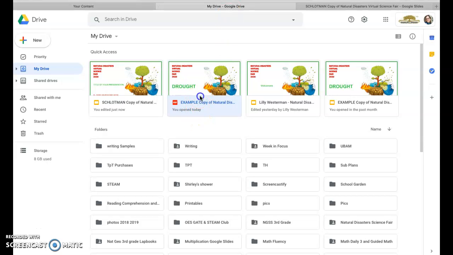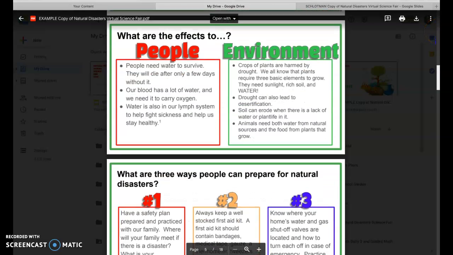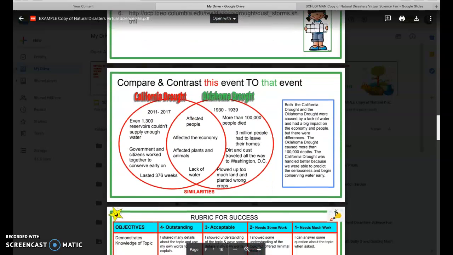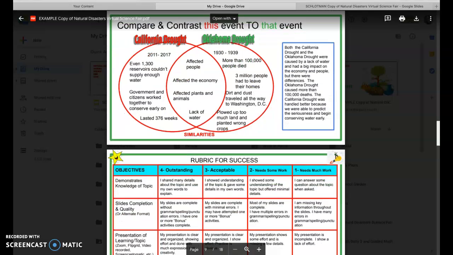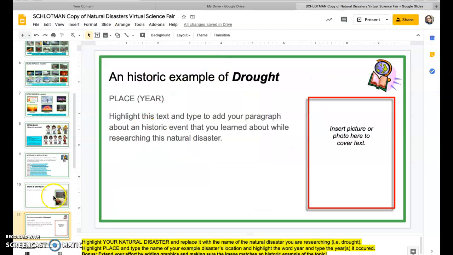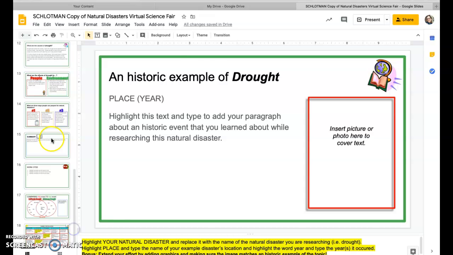Today, I am going to show you a little bit about completing the summary slide, as well as the works cited slide, and the bonus slide, and the rubric, of course. So the last 4 slides that you'll be completing, and I hope that this little teeny tiny look into it will help you out. So, of course, the summary slide is going to be your final slide in a way